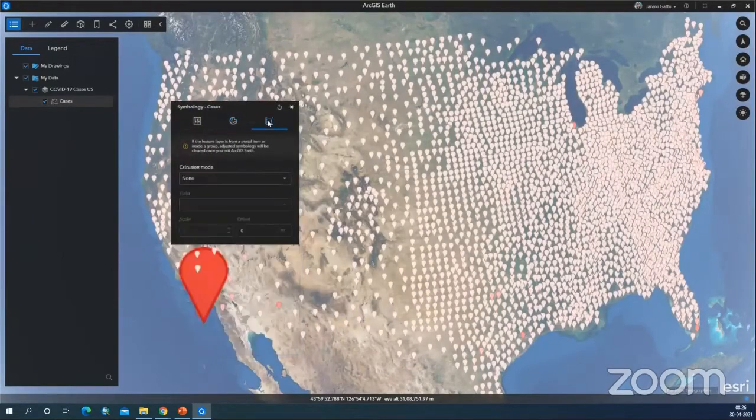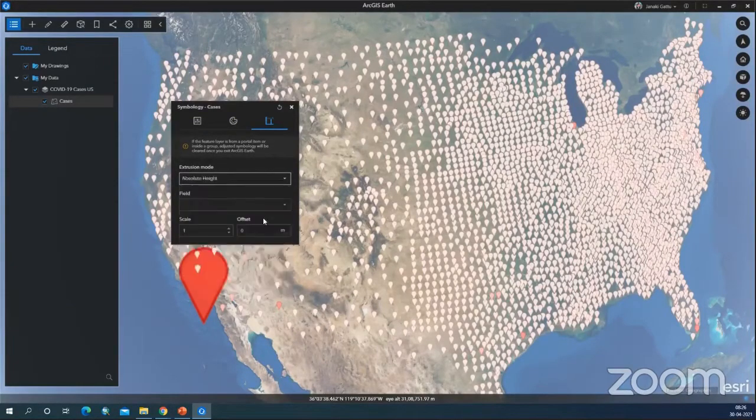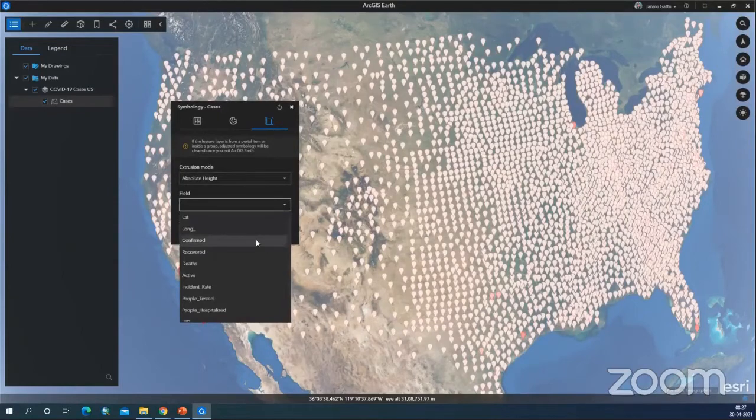And coming to the extrusion of the values, come here, and I wanted to see all these values based on the confirmed number of cases. So I'm going to the absolute height, and I'm going to take the field as confirmed cases.